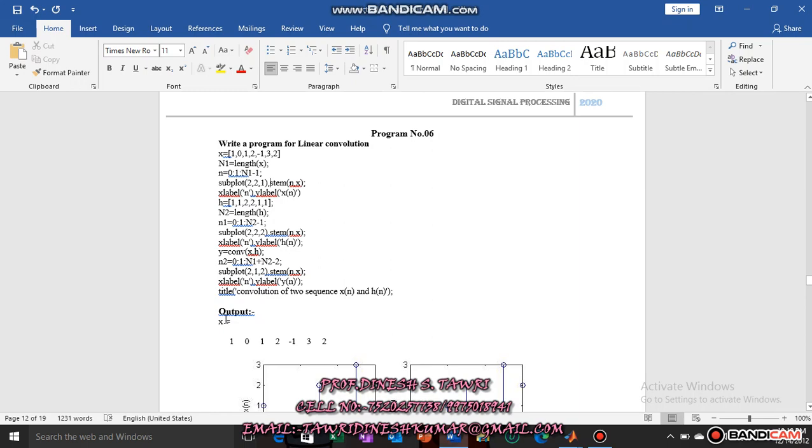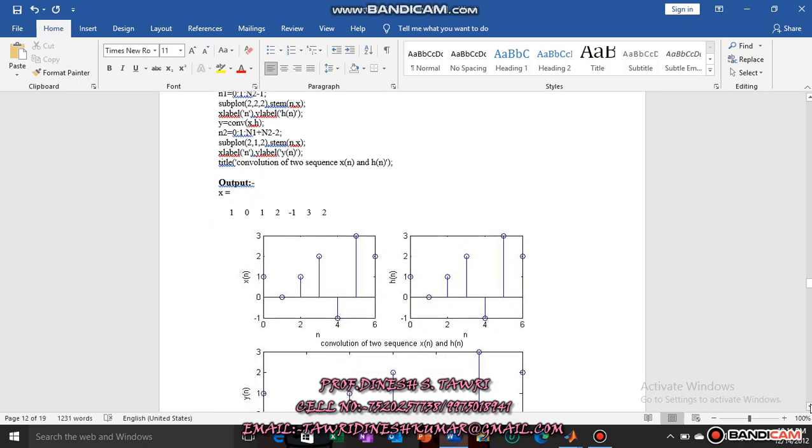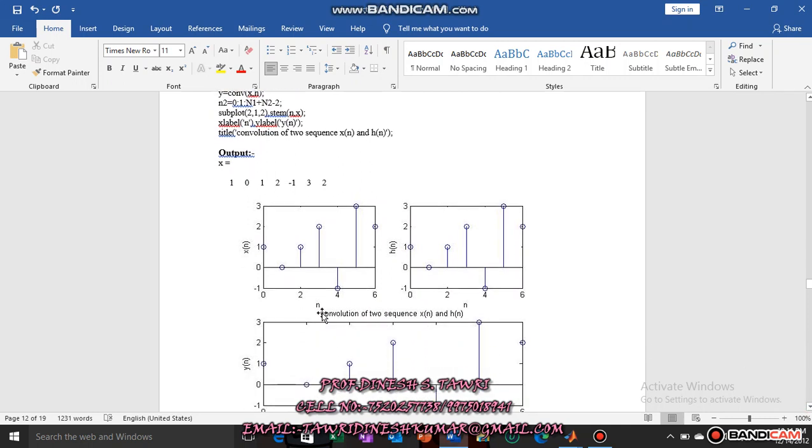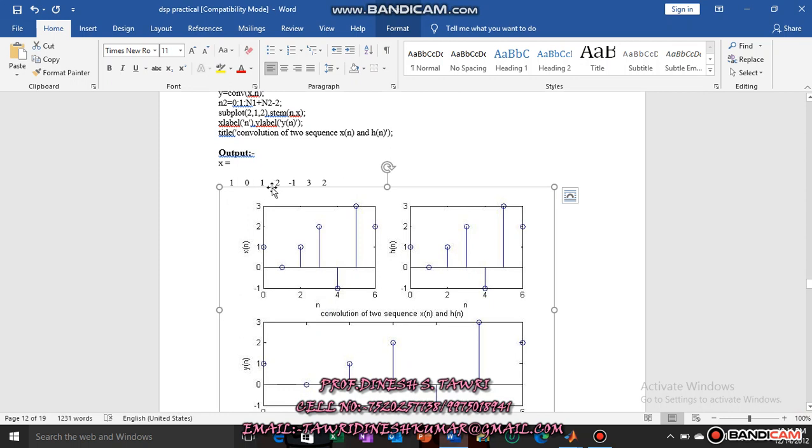You are getting the output. Whenever we run this program on MATLAB, you get the output in this way, containing 1 0 1 2 minus 1 3 2 as an output, and including 3